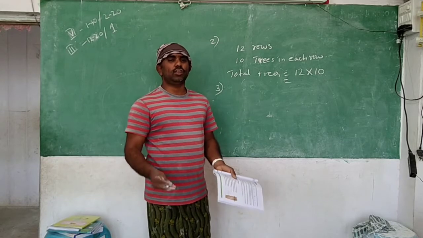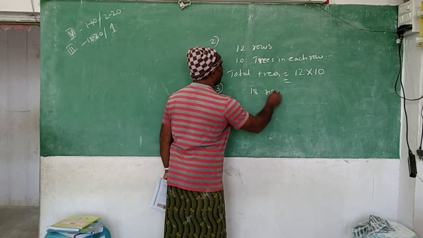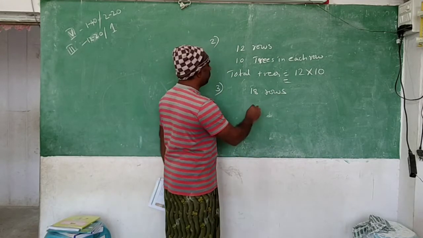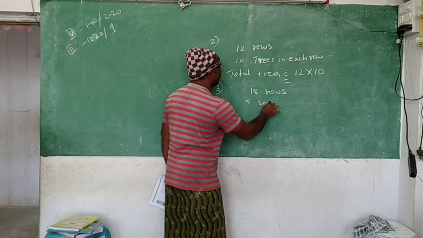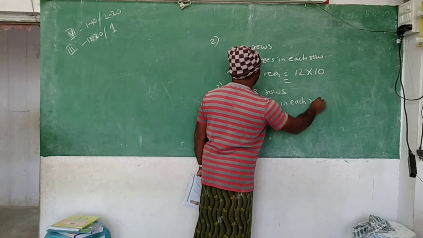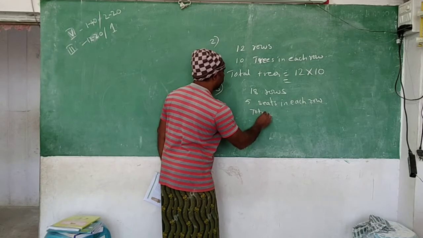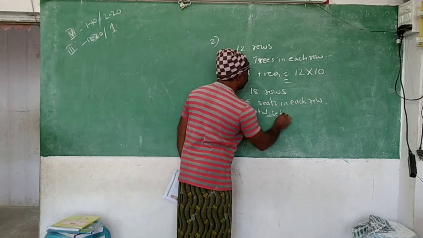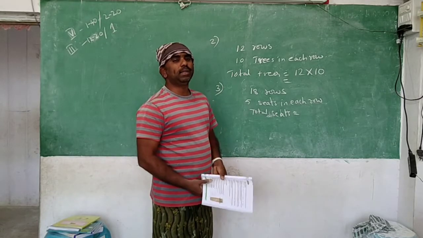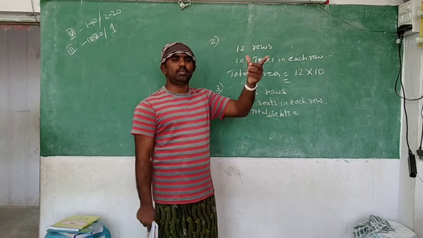Very good. Multiplication is the same like this. So how many rows are there? What are we finding here? 18 rows are there. In every row, how many seats are there? 5 seats in each row. Now totally how many seats? Total seats you have to find. So what should we do? Multiplication we will do. Multiplication also you know the process: for big numbers, split the number and do it.